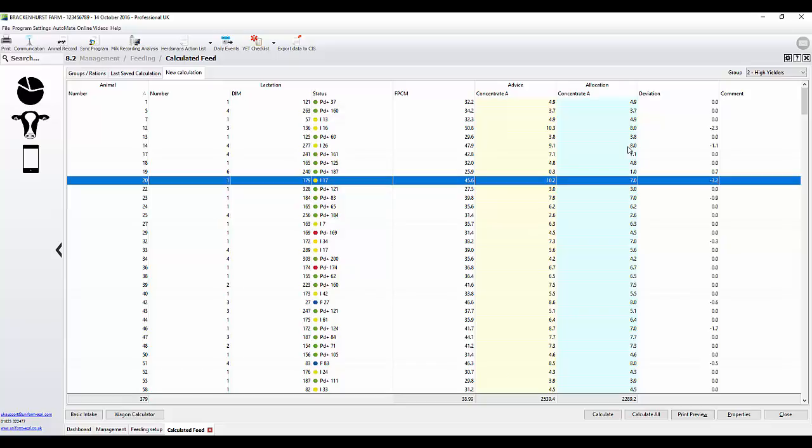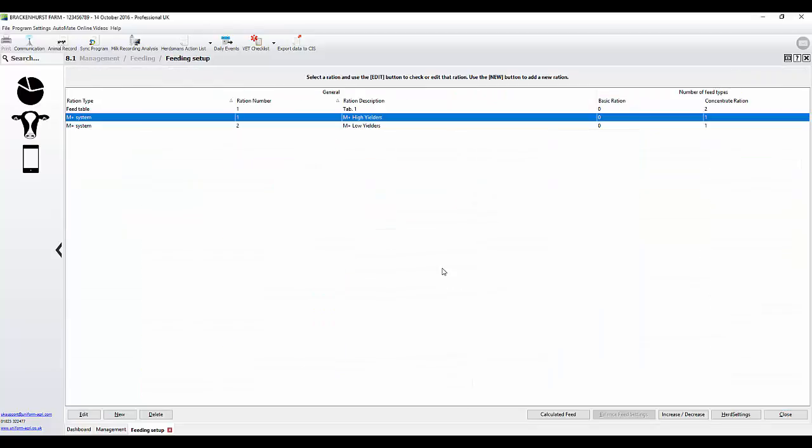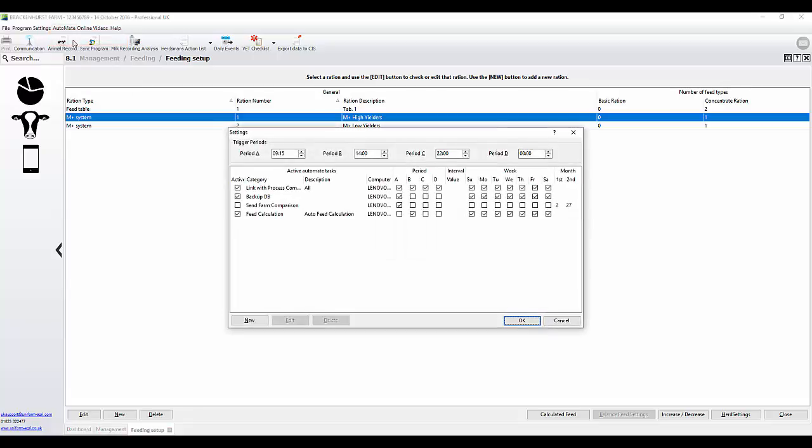So how often does the feed calculation run? Okay, if we close, this depends on how you've actually set it up in Automate. Group 2 has been modified, save changes. You need to say yes to this. Otherwise, it will not retain that setting of the minimum of 1 kilo. I don't need to send that across to the process system because it's going to send that across automatically later on. But if you want to check, if you're not quite sure, go up to Automate, go to Settings, and